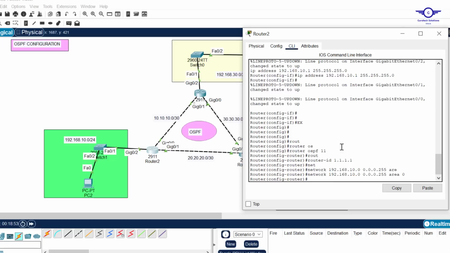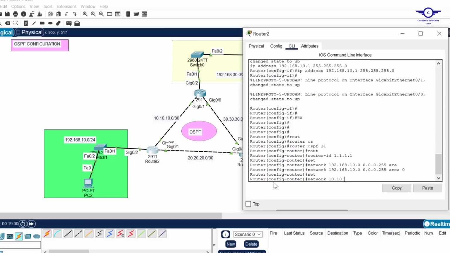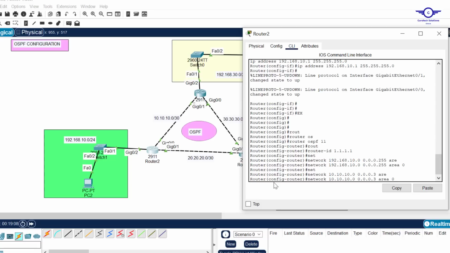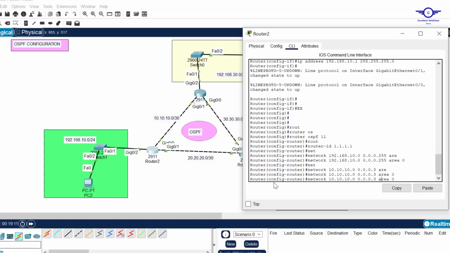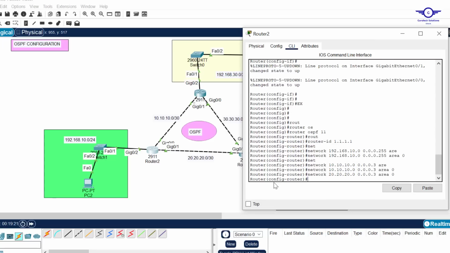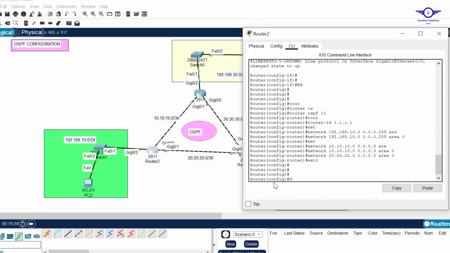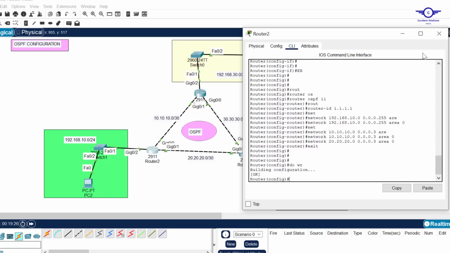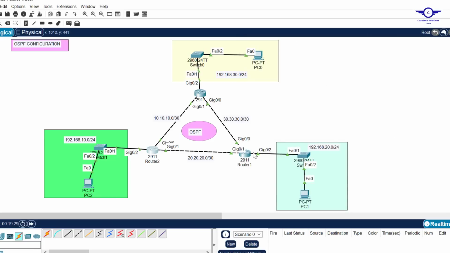Area 0. Alright. So then let's advertise this network and this network. So I just say network 10.10.10.0 with the wildcard mask of 0.0.0.3. Then area 0 still. And we hit enter, then we change 20.20.20. And we hit enter, we exit, and we do write. Good. So we go here